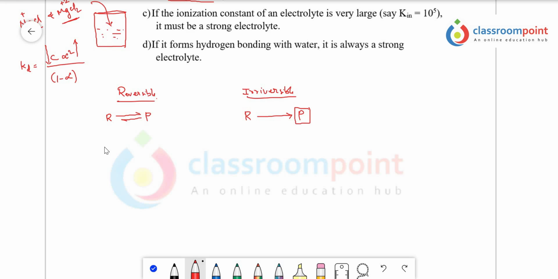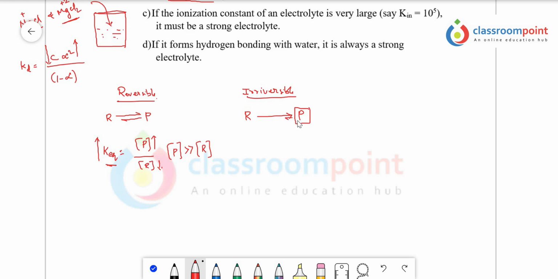I'll show it over here. See here, in this case, equilibrium constant is equal to concentration of the product by concentration of the reactant. When equilibrium constant is too high, it means that concentration of the product is more than the concentration of the reactant. So we say that concentration of the product is far greater than the concentration of the reactant. So the equilibrium constant is high over here. And in these reactions, we show it with a single arrow mark.